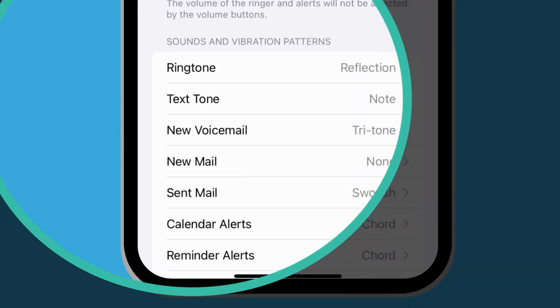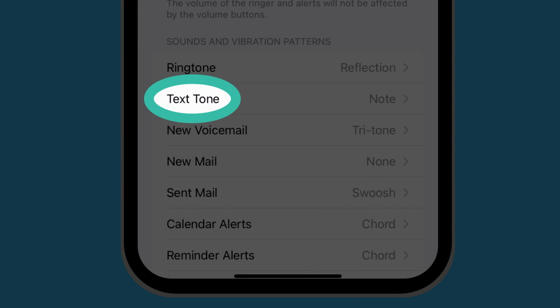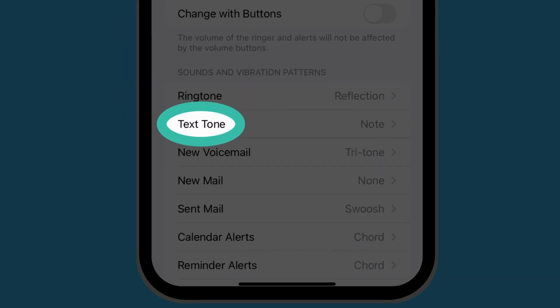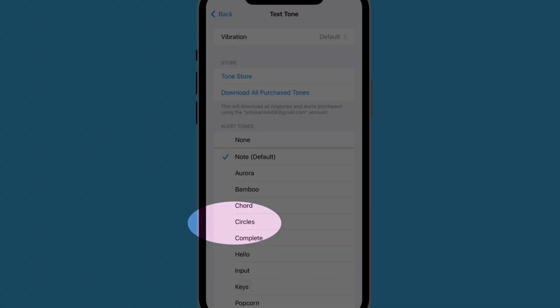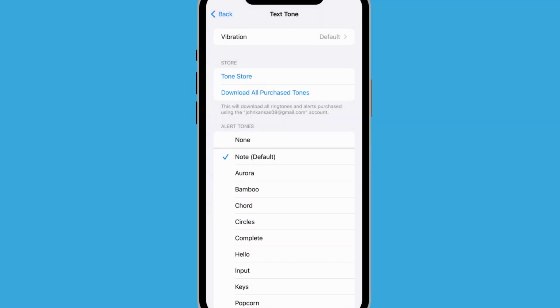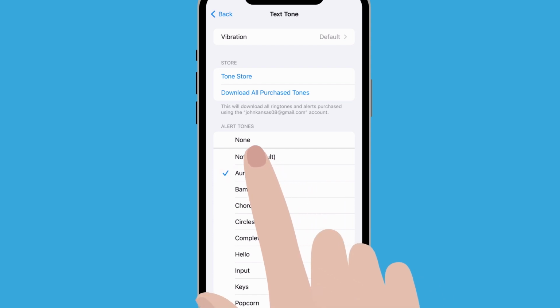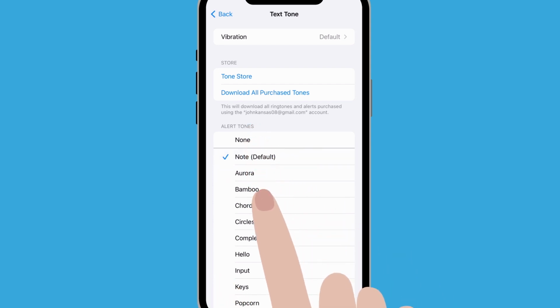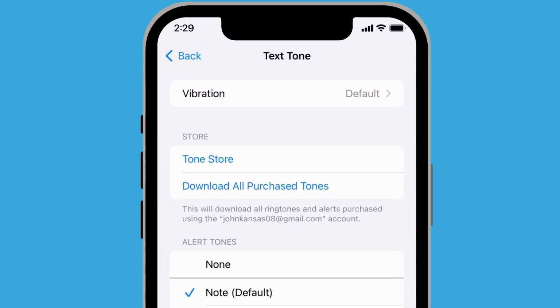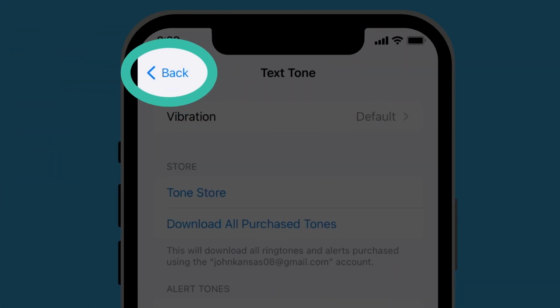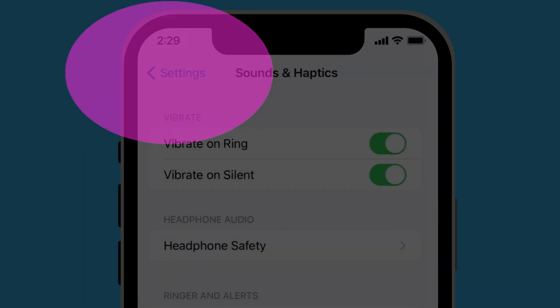Next, tap Text Tone to change the sound that plays when you receive a text message. Listen to a few options and tap Back at the top left to set the one you like.